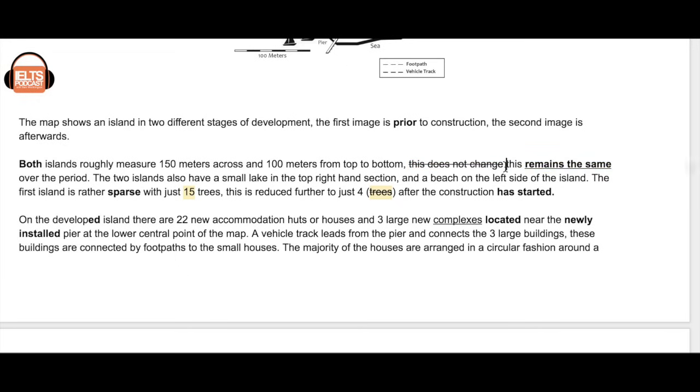This first structure is what's called a negative construction, and this takes 4 words to say the same as this. Okay? It takes 3 words, does not change. And it's a negative construction. We can say the same, remains the same. Okay, we're actually going to say the same with the same amount of words. However,